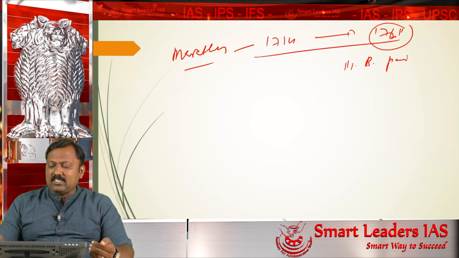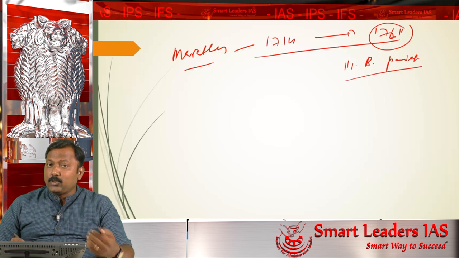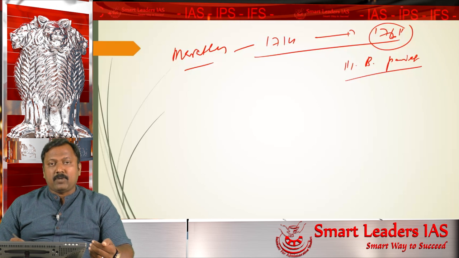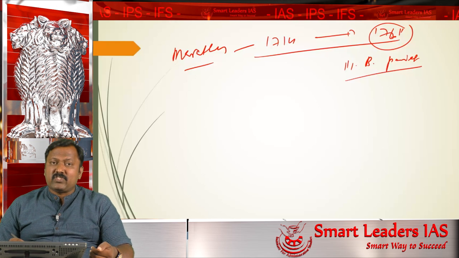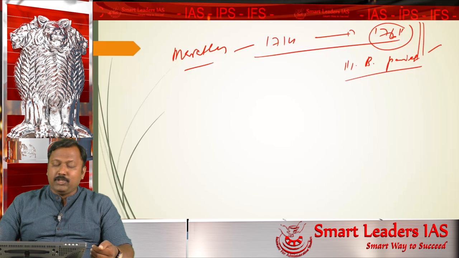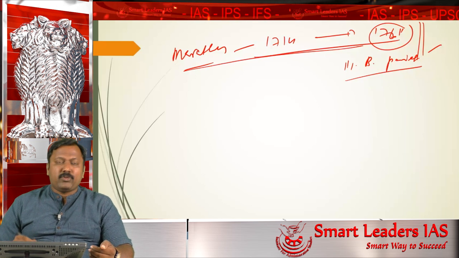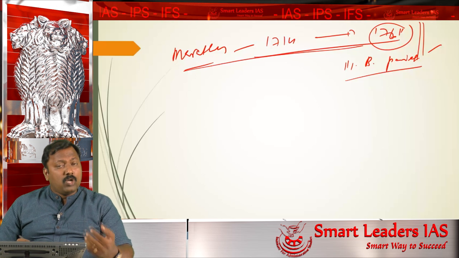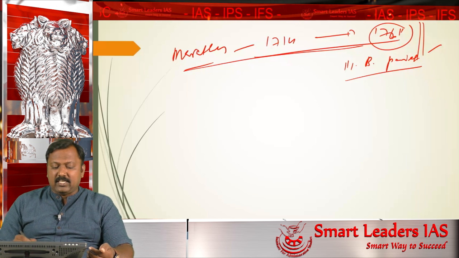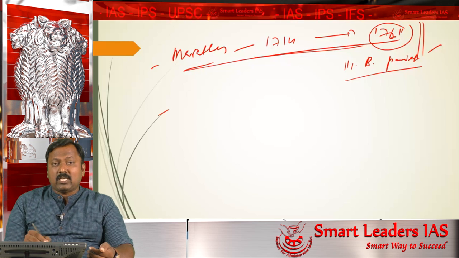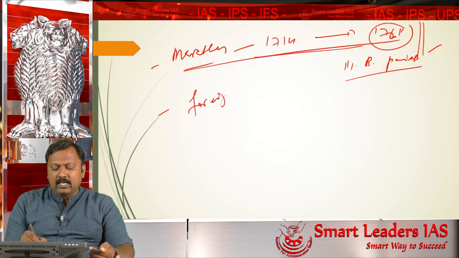I have done a separate class video on the third battle of Panipat, the causes for the defeat of the Marathas and its consequences, and we have already uploaded it. Please watch that video also to understand this. So the Marathas, from 1714 to 1761, could not fill the vacuum that was created. Added to this, during this time foreigners visited India as invaders.